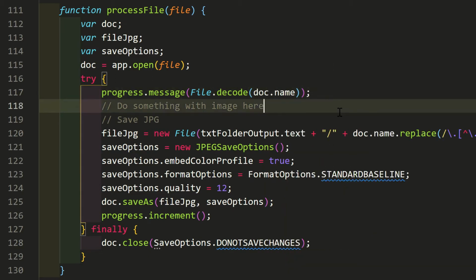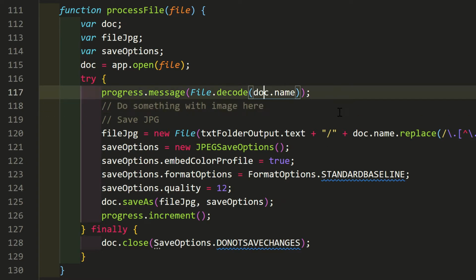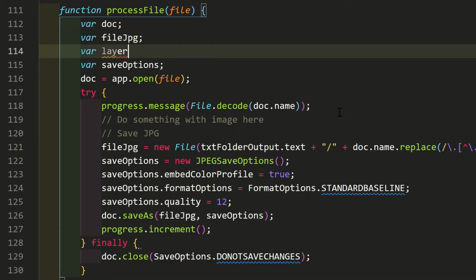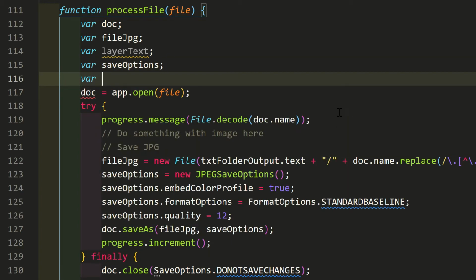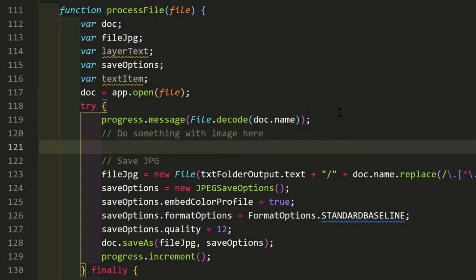Now for the new changes. Before saving each image, let's add a text layer. First, declare a variable for it. var layerText. And another variable to make things easier. var textItem.